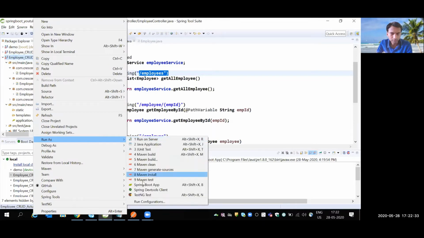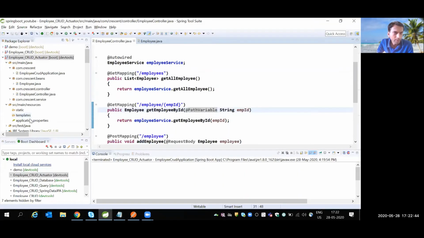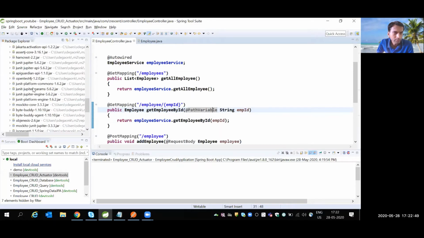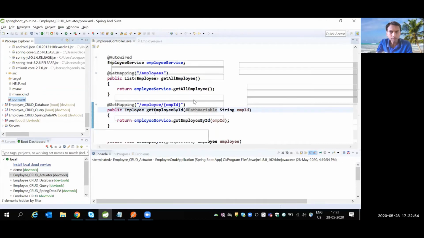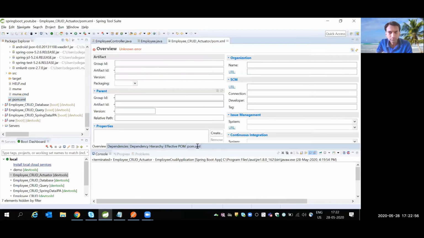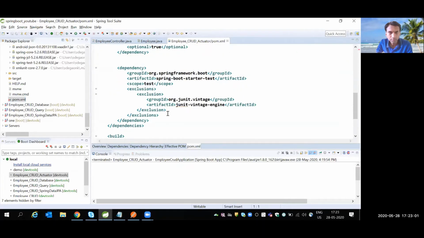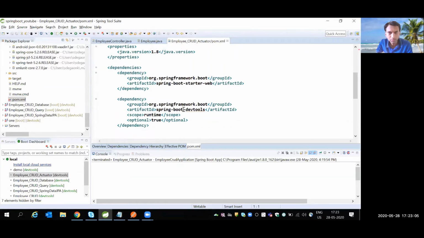So run as Spring Boot app, or at the same time I can add this dependency. Copy, and then in the pom.xml, in my existing application, there is a web dependency and dev tools.